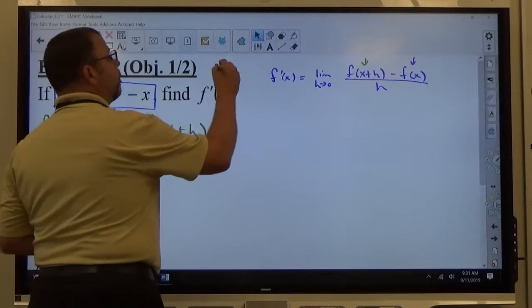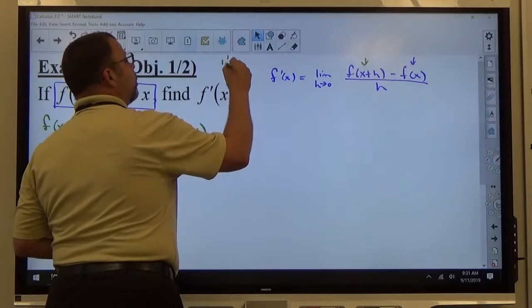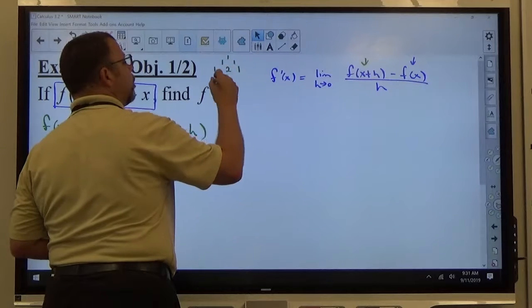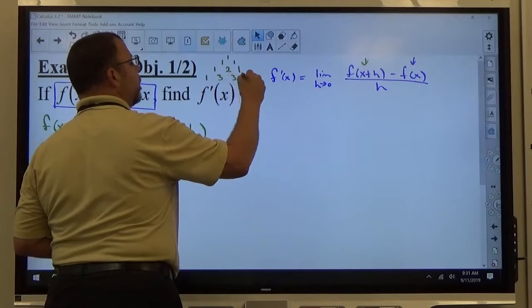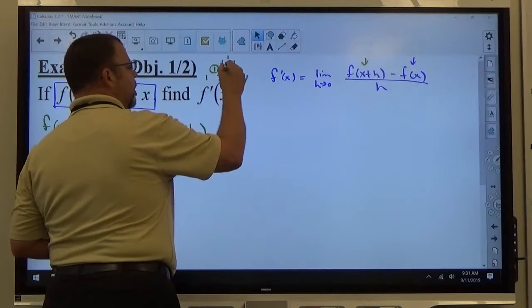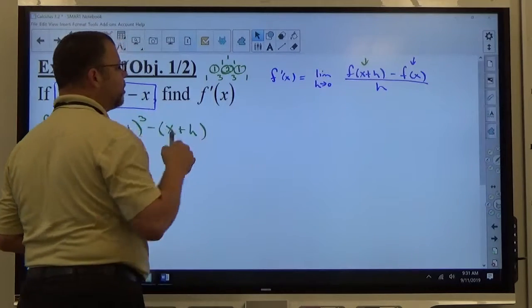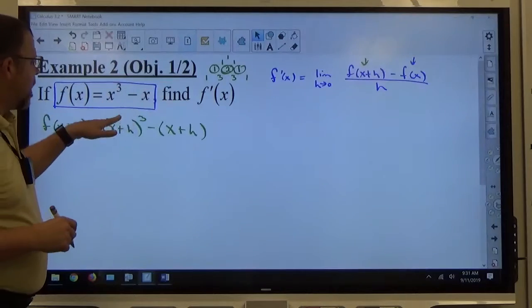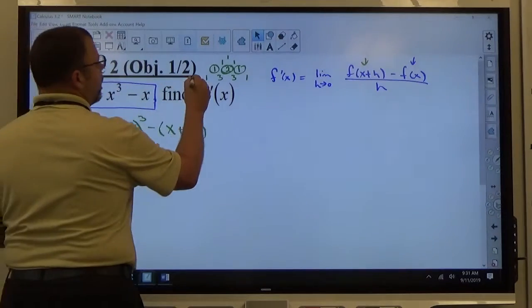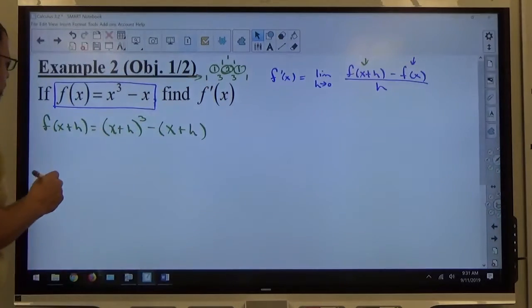If I just build Pascal's triangle real quick: 1, 1, 1, 1, 2, 1 on the third line, 1, 3, 3, 1. Again, adding up these two numbers, you get the number below it. Adding up these two numbers, you get the number below it. And 3 is the power we're dealing with here, so 1, 3, 3, 1 is our sequence. So for